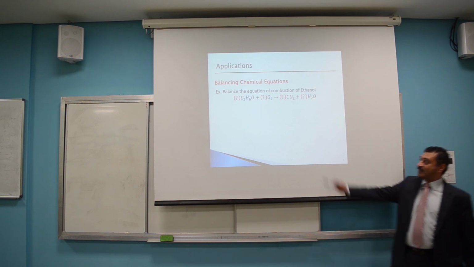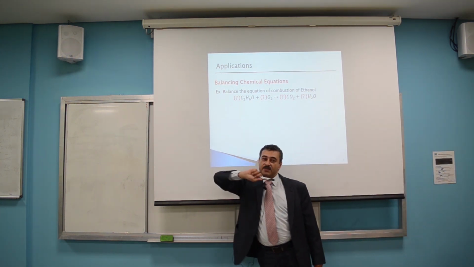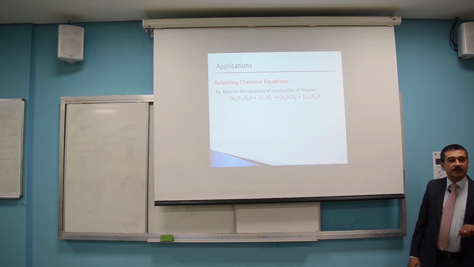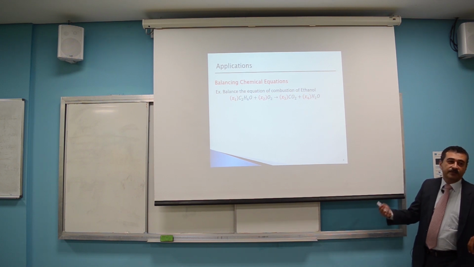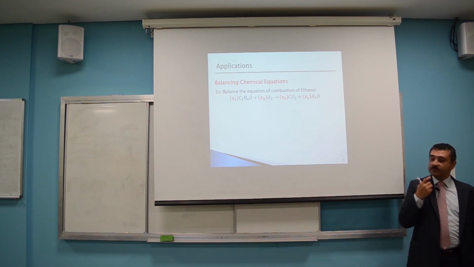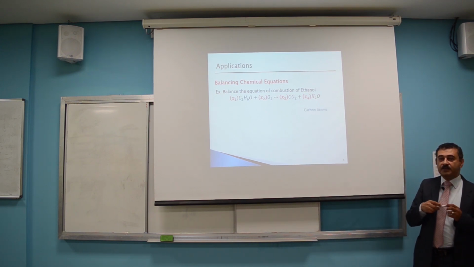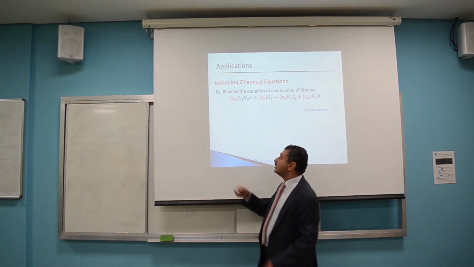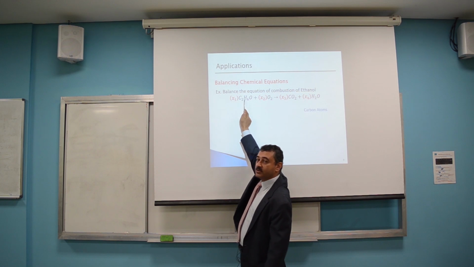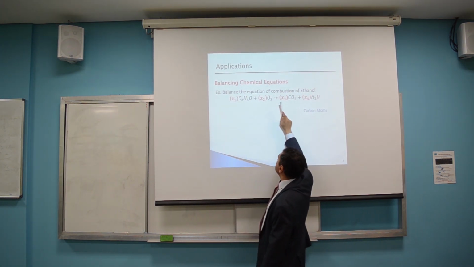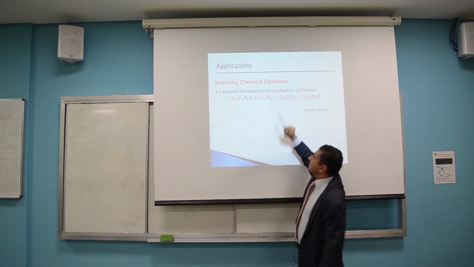Okay, so these are unknowns, so you can simply set these values as variables, x1, x2, x3, x4, and then count the number of atoms for the input and for the output, and they must be equal. For example, if you look at the carbon atom, how many atoms are in the input? You have 2 multiplied by x1, the number of molecules you take. So you have here 2x1, and for the output you have